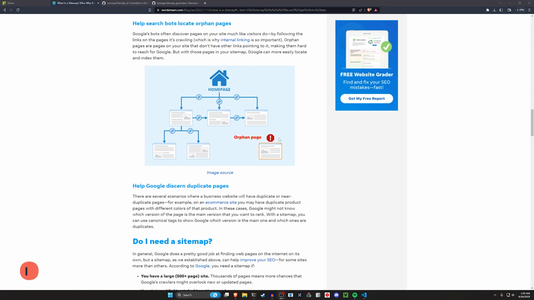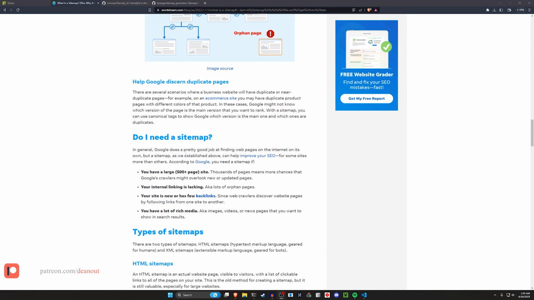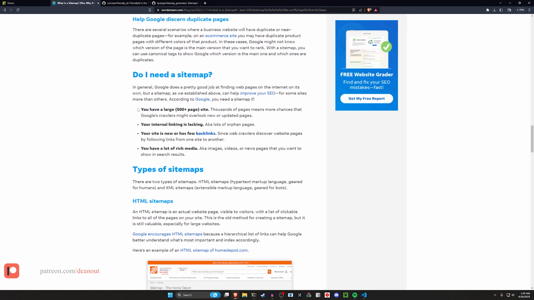That said, generally, I think the guidelines, it's probably even mentioned here in this WordStream article I'm looking at, is over 500 pages is where you might need a sitemap, or if you have a lot of rich media, or if you're lacking internal links, that's what I meant to say. So what this effectively means is, let's say in the case of a 500 page site,